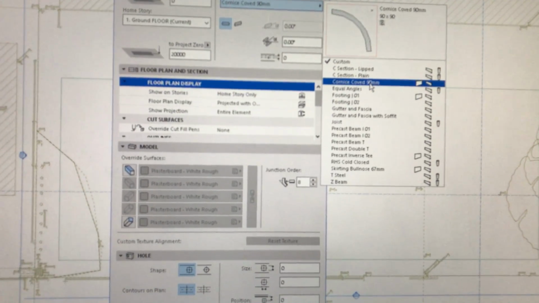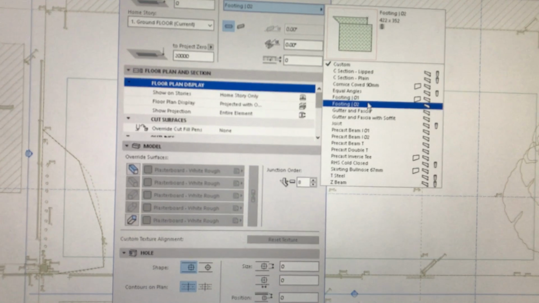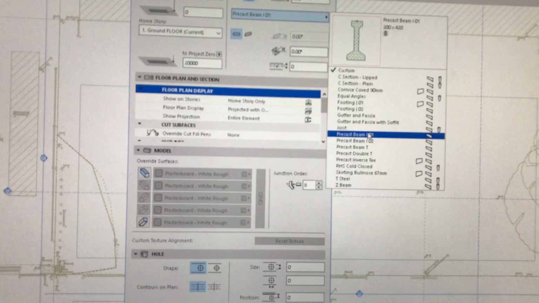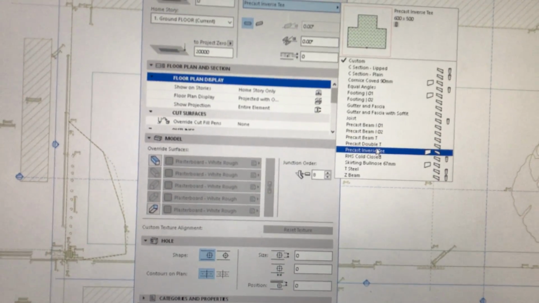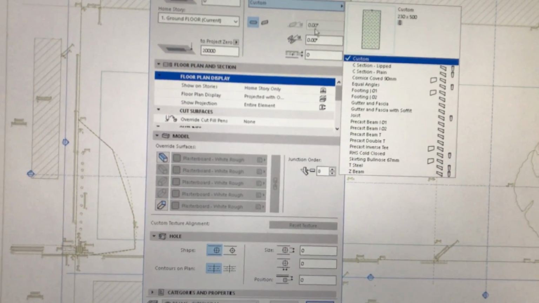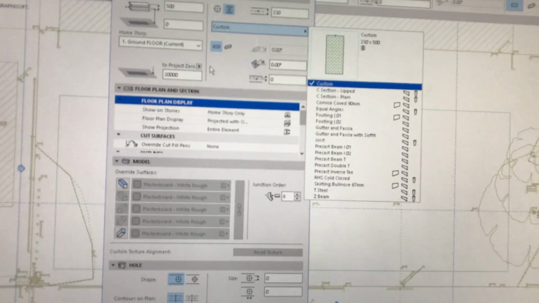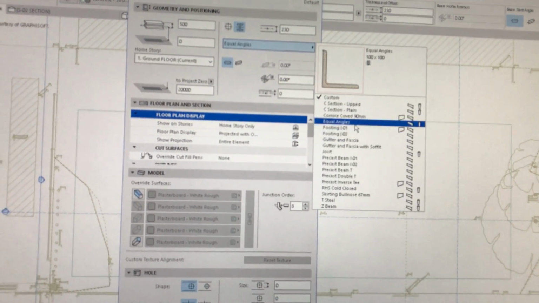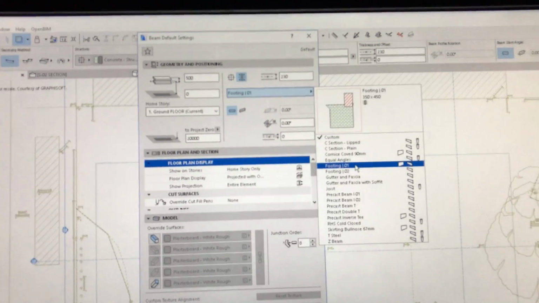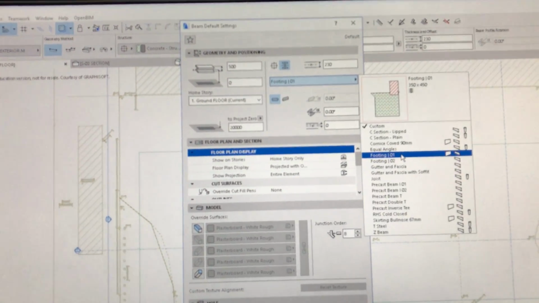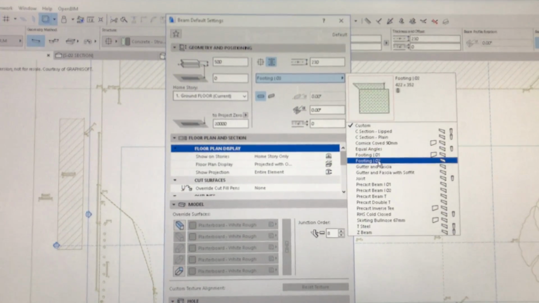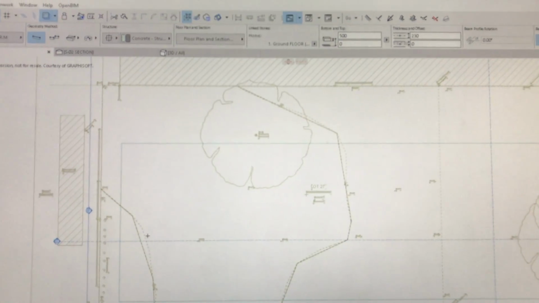Footing, cornice, equal angles, footing 2, gutter, joist, precast beam, etc., etc., etc. Precast inverse T, bull nose, T-steel, Z-beam. We've got a whole lot of stuff here that we can use. So if I wanted to use one of the footings here, I could use that, but I know that that's probably an inappropriate footing for this project because it's a residential footing. Okay. If I wanted to make a different footing for this beam, for this slab, what I'd probably do is,